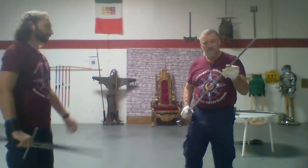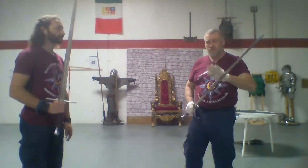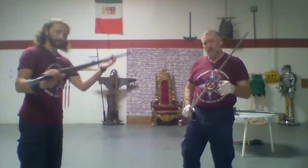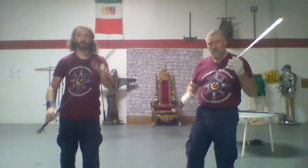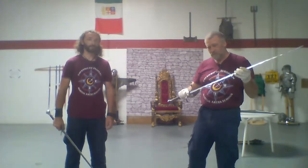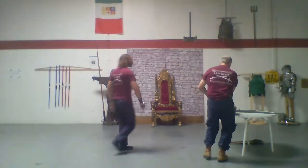So you can see the difference between the Lutel and the Albion. This one, I would not use in armor. I would want something a little heavier like that one in armor. This is a very good unarmored sword. From these, we're going to